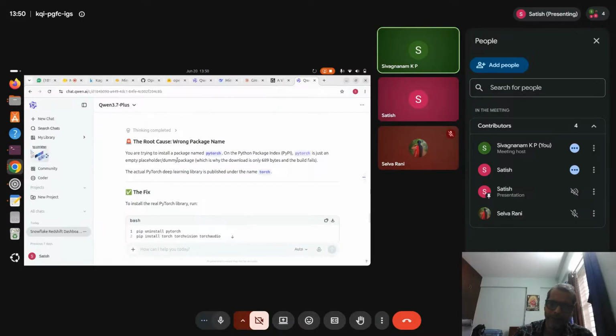I'm reading, but you are executing. That's only the differences. The root cause is the wrong package name. You see how I'm trying to read. You are trying to install a package named PyTorch from the Python Package Index, that is called PyPI. PyTorch is just an empty placeholder dummy package, which is why the download is only 6896 bytes